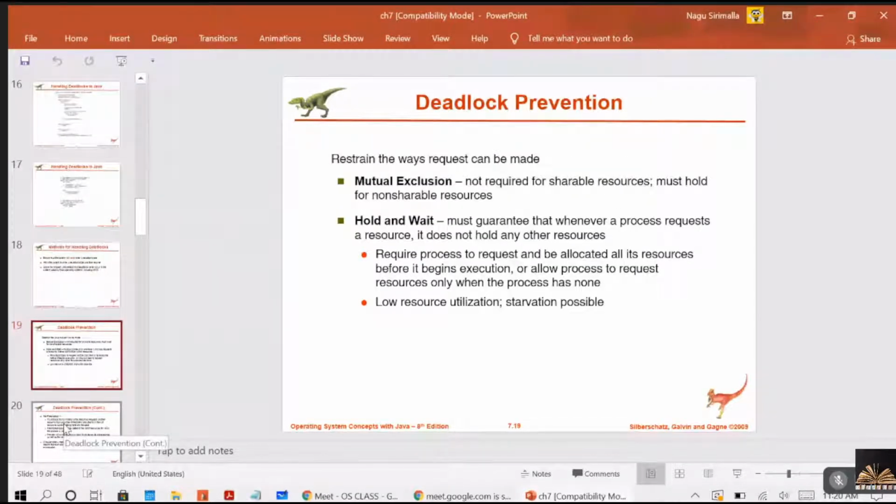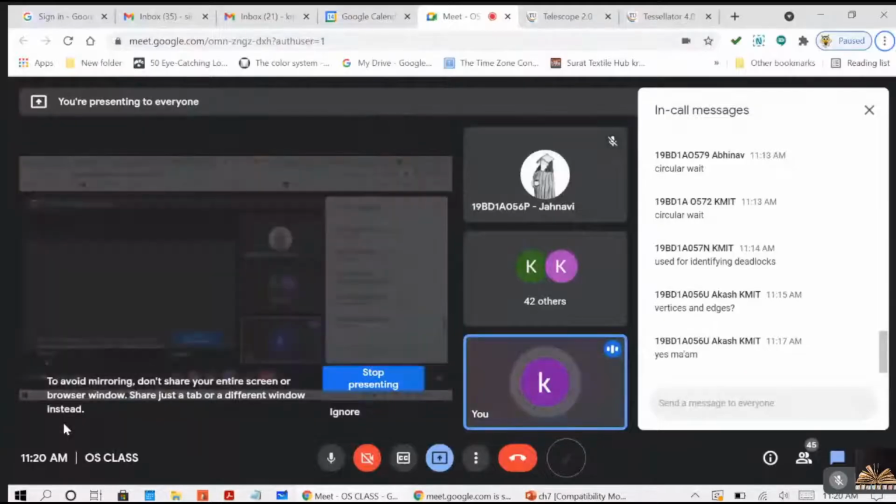Coming to the prevention, how are you going to do the deadlock prevention, ma? See, you know, we can say there is a deadlock when the four necessary conditions are all satisfied. By making any one of them false, we can say that there will not be a deadlock. So in deadlock prevention, we'll make sure that any one of the necessary conditions fails. So mutual exclusion. What does mutual exclusion mean? At a time only one process can hold the resource. But how can we make it fail, right?